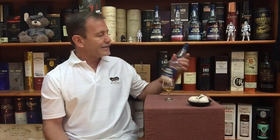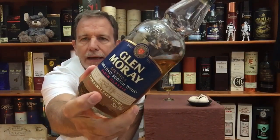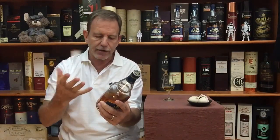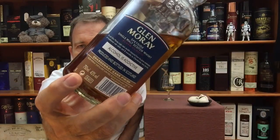Glen Moray from the Glen Moray Distillery, situated in Speyside in the Northern Highlands of Scotland. Founded in 1897 and owned by Martiniquaise. I think that is how you pronounce the name of the company. And a single malt but no age statement. So a NAS bottling from Glen Moray, and this is the Chardonnay cask finish. This is for South Africa, so I just call it the South African version for the South African market. So 750 milliliter bottle, 43%